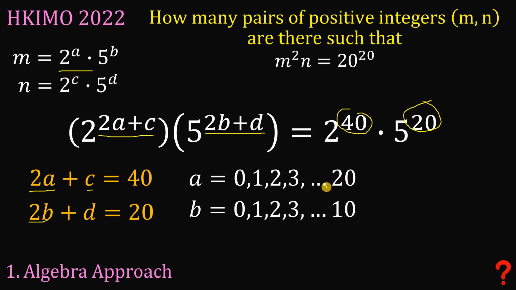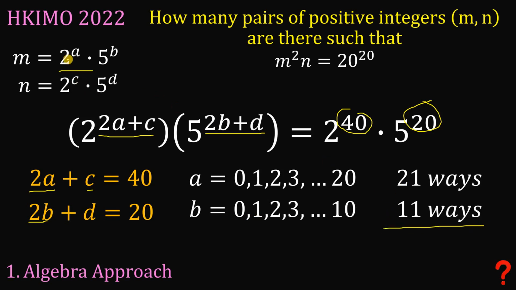Therefore, the number of ways to choose a is 21 ways, from 0 to 20, and the number of ways to get the value of b is 11 ways, from 0 to 10. That is the number of ways to find a and b, and that is the value of m. And the value of n depends on the value of m. So the total number of ways, or the number of pairs of n and m, simply equals the product of 21 and 11, which is